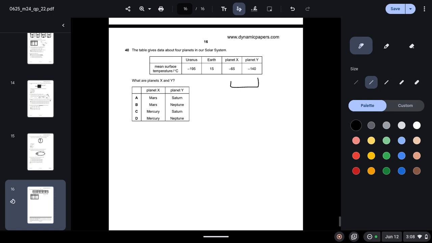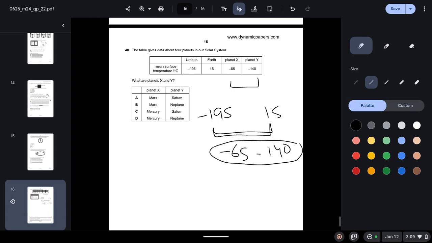So we have to realize that for planets X and Y, the mean surface temperature lies in between this range, in between Earth and Uranus. The temperatures lie between this range. So that means that these 2 planets are in between Uranus and Earth. So when you go through the options, you will see that the only